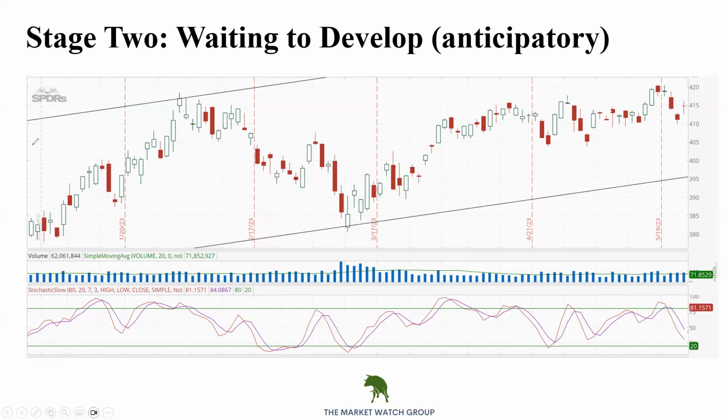You might not have noticed what I did, and if you didn't, great. But if you look at this chart here, what do we have? All of a sudden, I have a candlestick that turned up. It's a doji, but it's definitely a stronger candle. We went from 411 to 415. We were up 1% on that day. So that is definitely a bullish hook. If price is what you're focused on, that would be an anticipatory trigger.